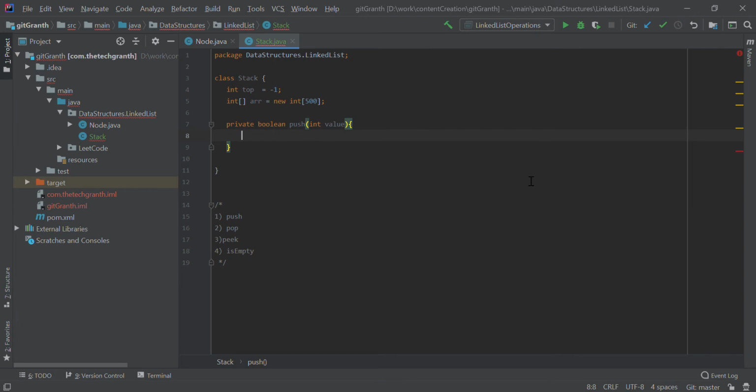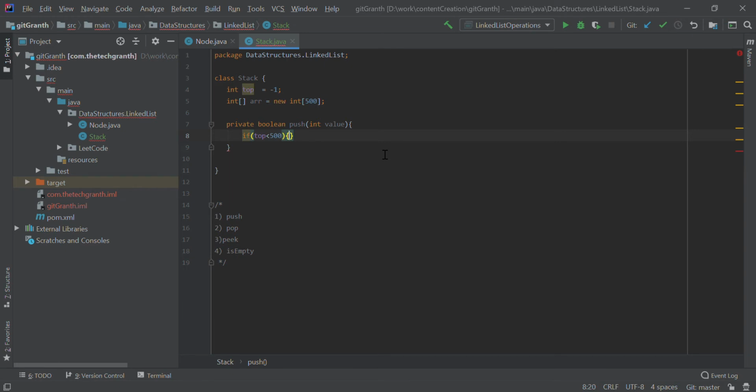So for this, once we have the value here, we'll check the value of top, if it is less than 500 or whatever value of array that I have defined. It means that this is the memory that is available for me in my JVM or whatever language you are using. So if it goes beyond this, then the memory exceeded and the stack will basically overflow. So I can keep adding element in my stack till the top value is less than 500.